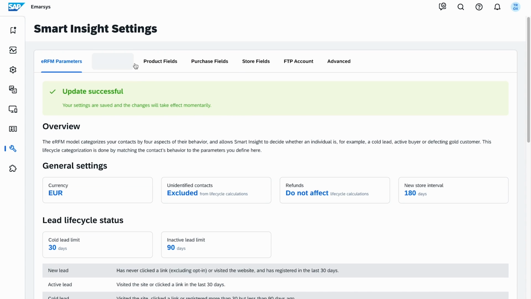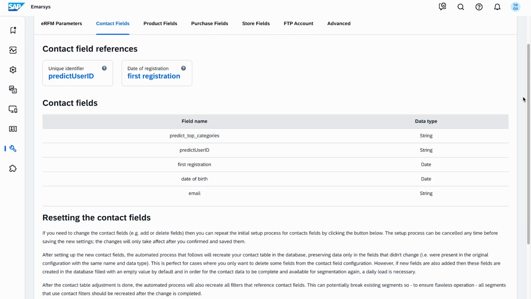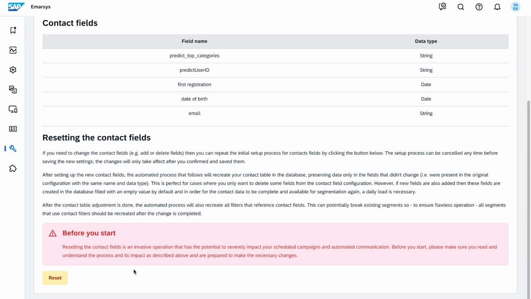The next tab is Contact Fields Settings. The unique identifier is the field that links a contact to a purchase. Date of registration is used to store customer registration date. Contact fields are used for filtering and creating segments. Let's say we want to delete the selected fields. Just click Reset,